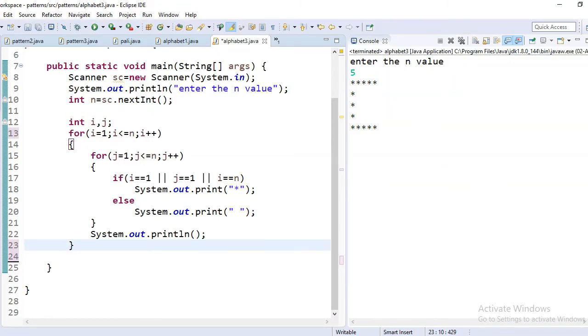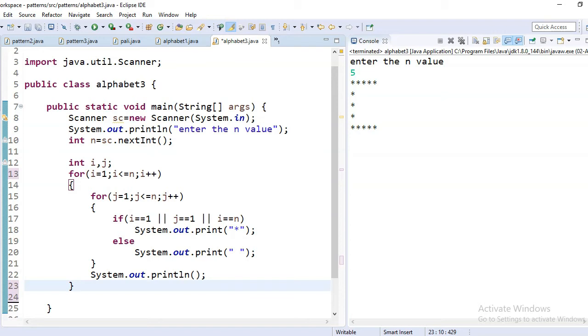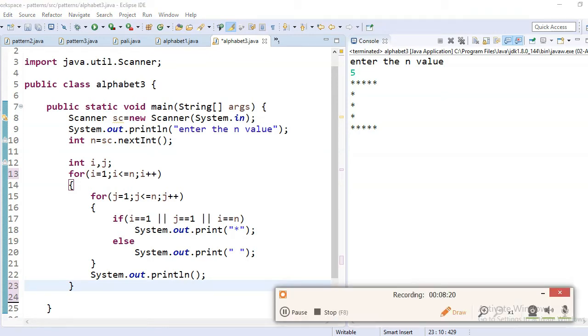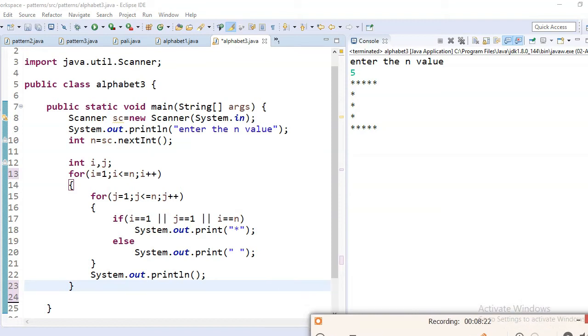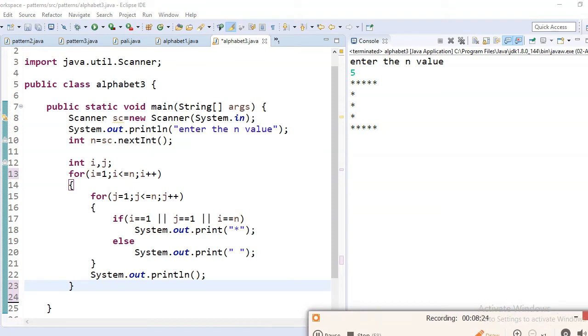See, this is my coding part. Here I am writing my program based on the value. If you enter any value, based on that value it will print the pattern. If you observe here, I am taking two variables i and j. This is my outer for loop.